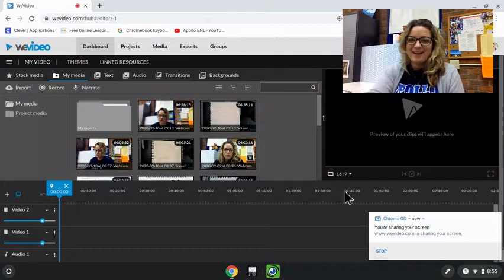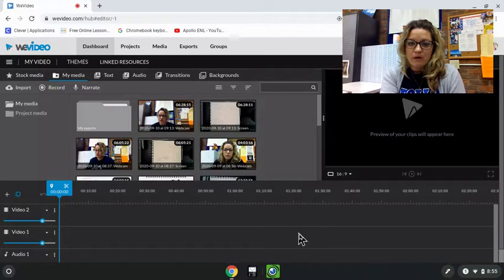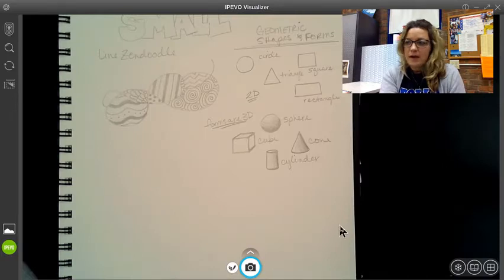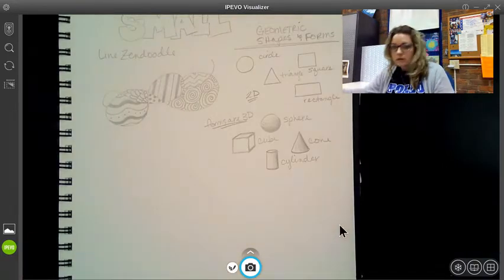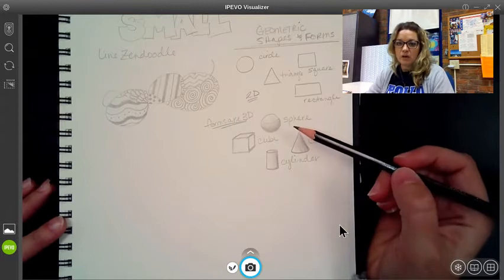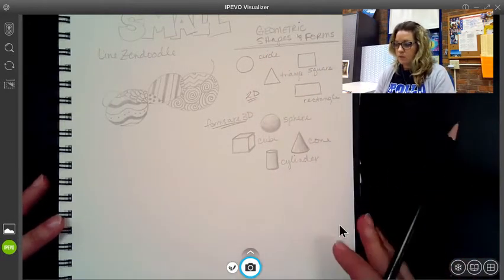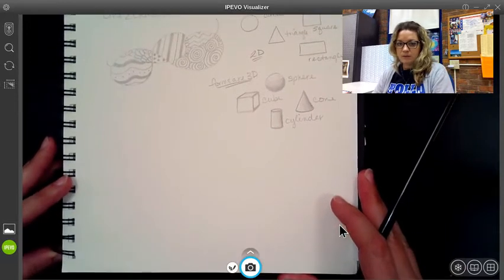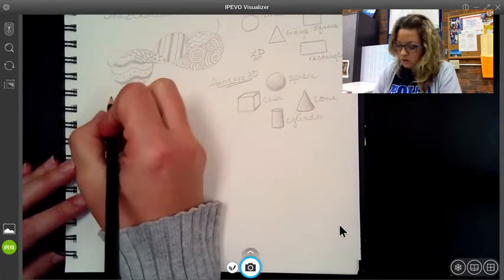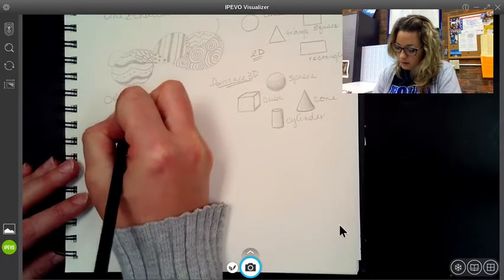Hi guys, today we are going to talk about organic shape and form, going off of what we did yesterday with geometric shape and form. So let's get out our sketchbook, and we're just going off the page that we were on yesterday. We had our geometric right here, and then we should have a decent amount of space at the bottom of the page, and I'm just going to write organic